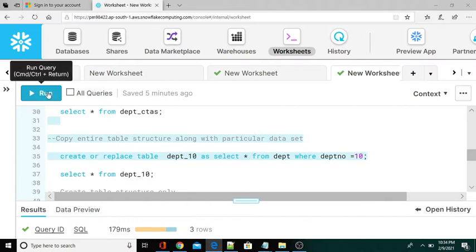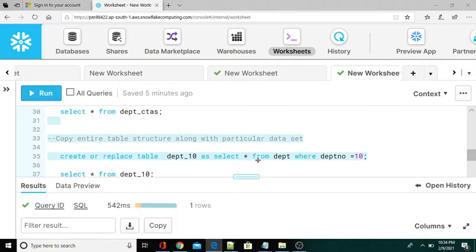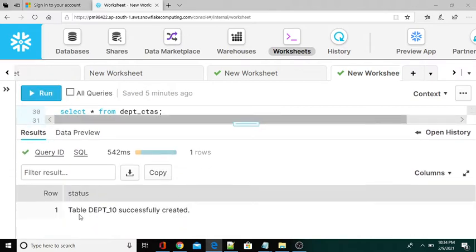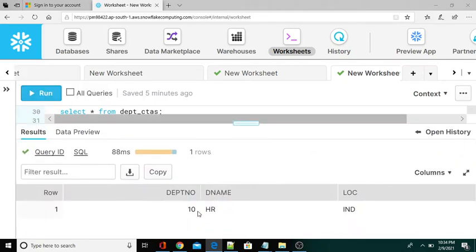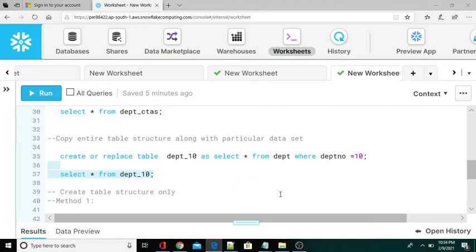So let me create this table. DEPT_10 successfully created. Now we'll see the data from this table. This table has data only for department number 10, because while creating the table from the DEPT table using the CTAS option, we used the where clause.